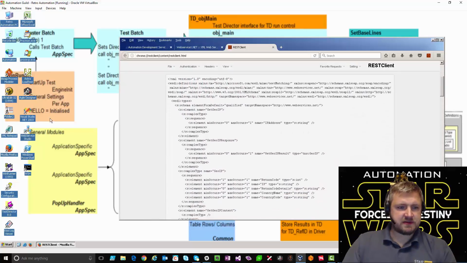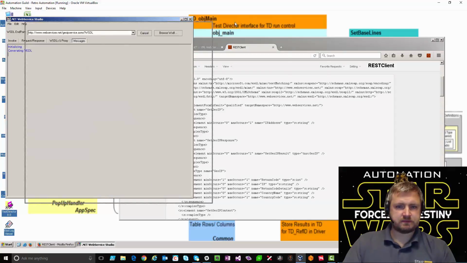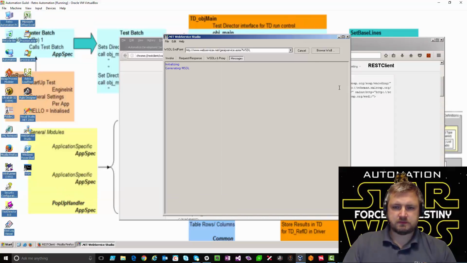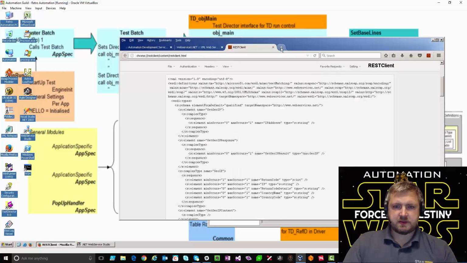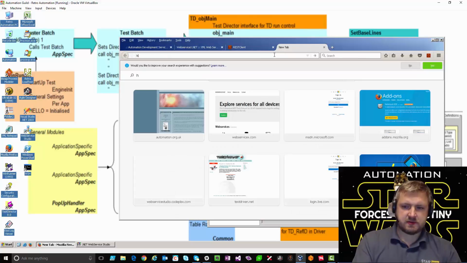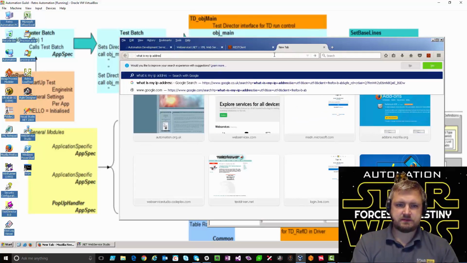And to give you an idea of what that looks like in Web Service Studio, send the same request. And then moved back to request response. And then while I'm waiting, I'm going to type in, what is my IP address?